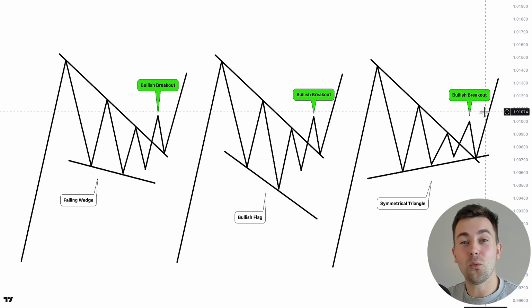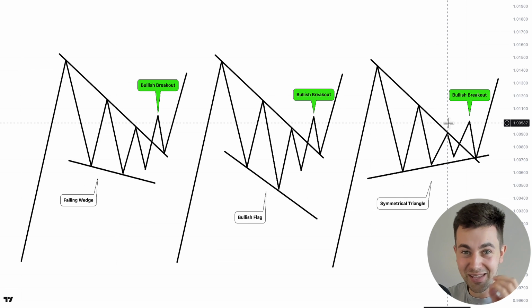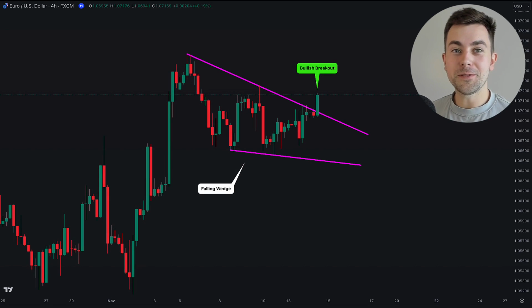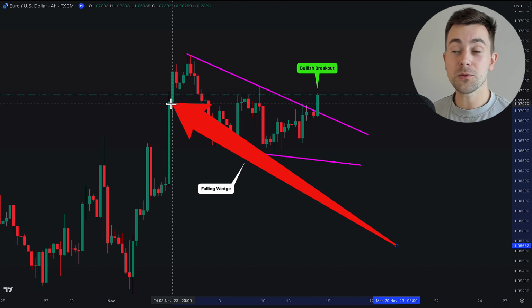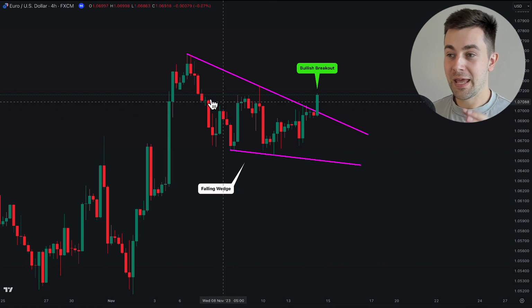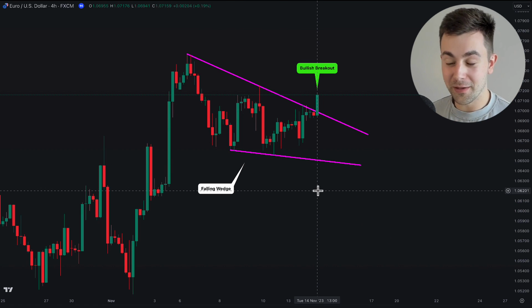Once the price violates its upper boundary, we will expect a bullish continuation. And same thing will be with the symmetrical triangle. The violation of its resistance, the falling trend line, will give you a strong bullish signal. Please check a price action on the euro dollar pair. You can see that the market was very bullish, and once that high was reached, the market started a correctional movement. And the market started to correct itself within a falling wedge pattern.